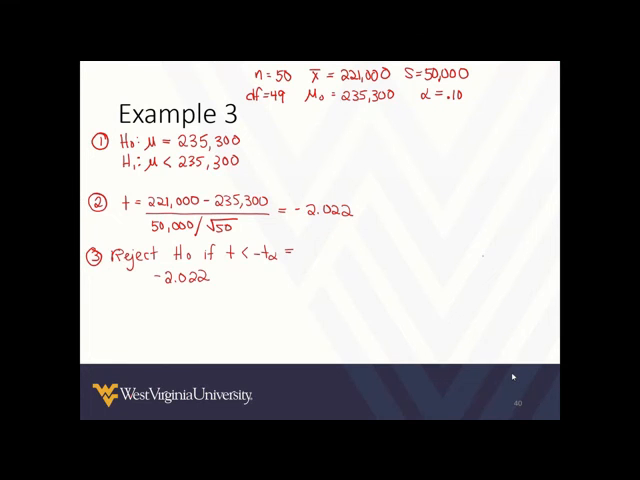So our critical value is negative 1.2987, which if we compare it to negative 2.022, we can see that yes, our test statistic is less than our critical value. So therefore, we may conclude that we must reject our null hypothesis. And so we will say at the 10% significance level,